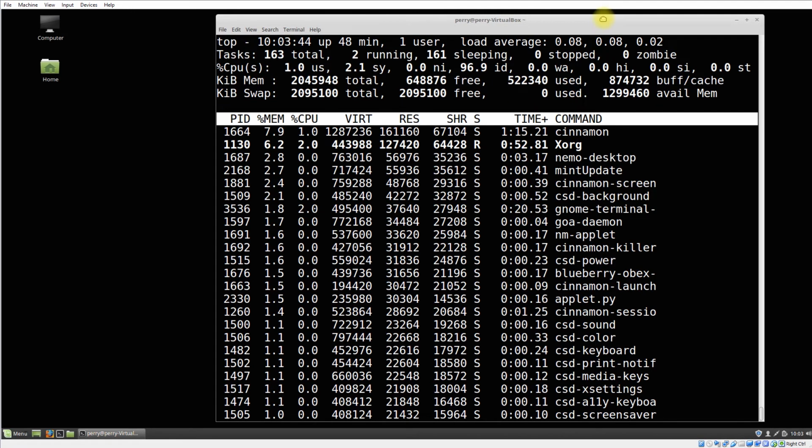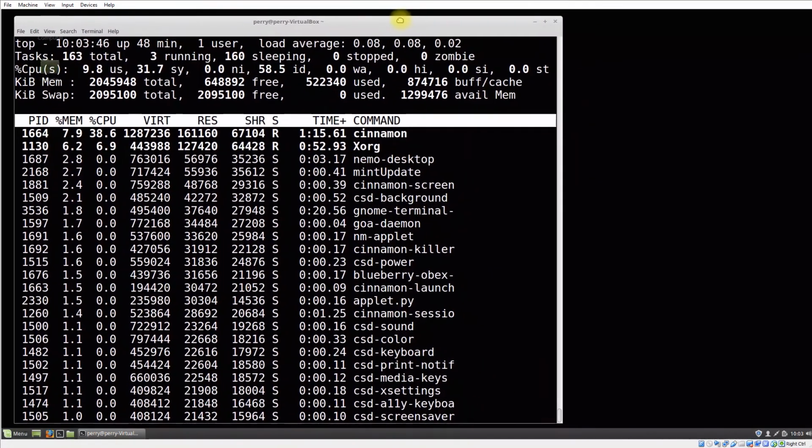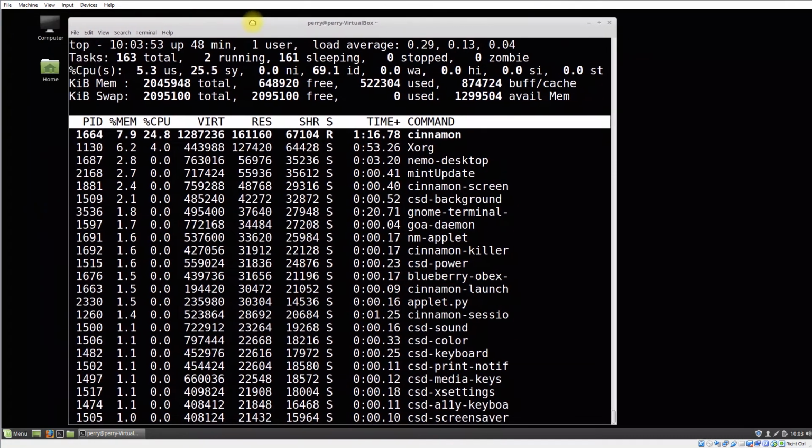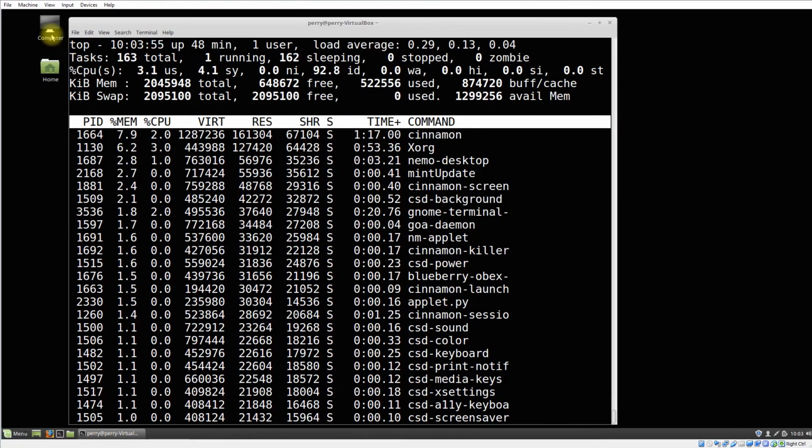1.0 might be enough. Once every second we get an update. That gives us a little finer granularity to see what's going on. Other things that I might point out to you here in top, it's telling you the system time and how long the system has been running, how many users are actually logged into the system at this point, and the